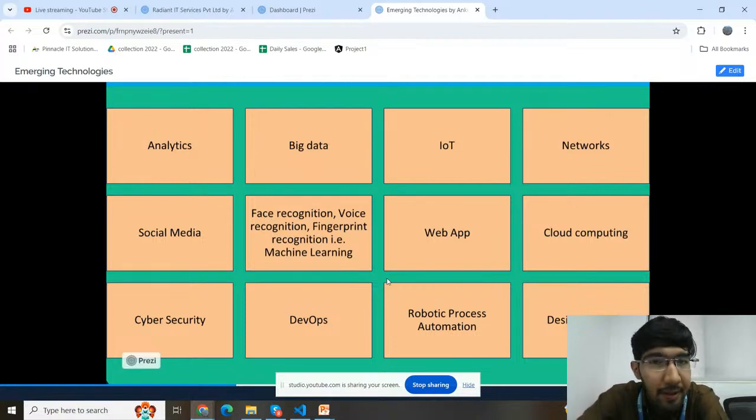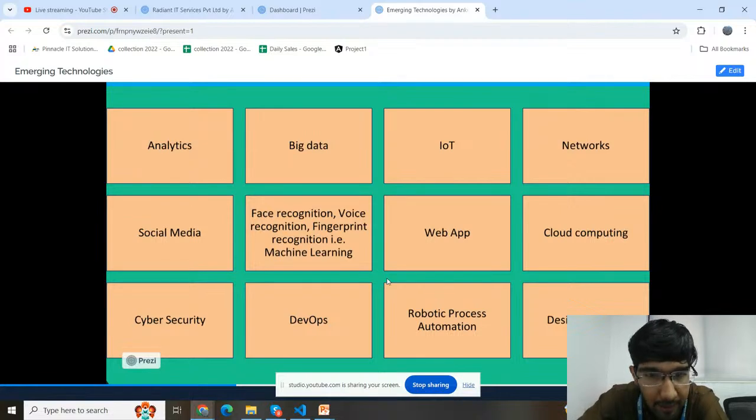Then there are digital marketing and social media, right. In digital marketing you can go ahead with what generally everyone is doing, that is influencer, right? Then you can go ahead with digital marketing factors like SEO algorithms, or you can go ahead with content writing, right? Even you can go ahead with social media marketing, where you are creating pages on